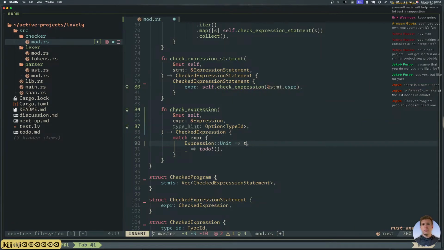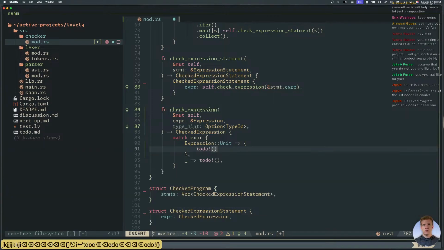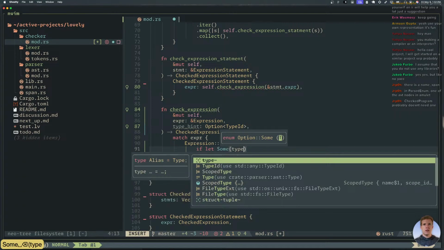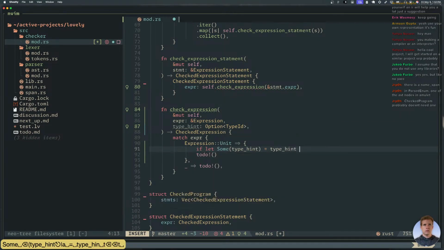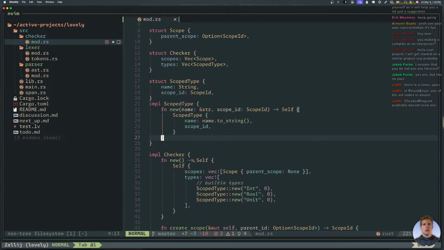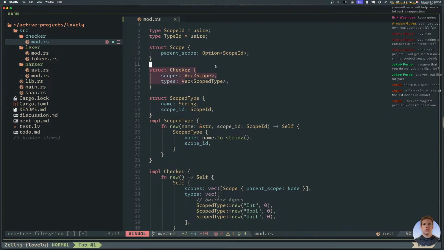All right. So then in here, we'll say if we have a type hint, didn't I make, so we have these scoped types on the checker.